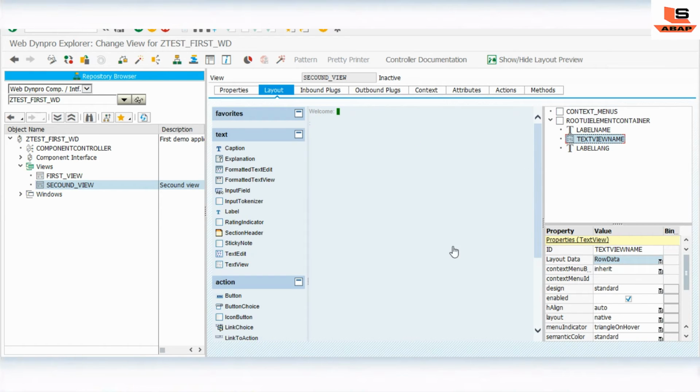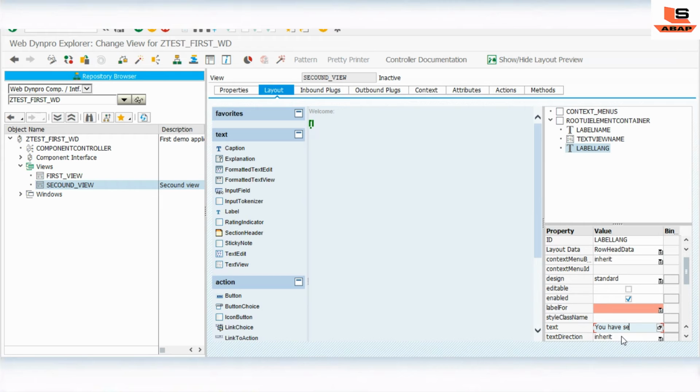That's it. Now in the label, we will give the text you have selected language. That's it.